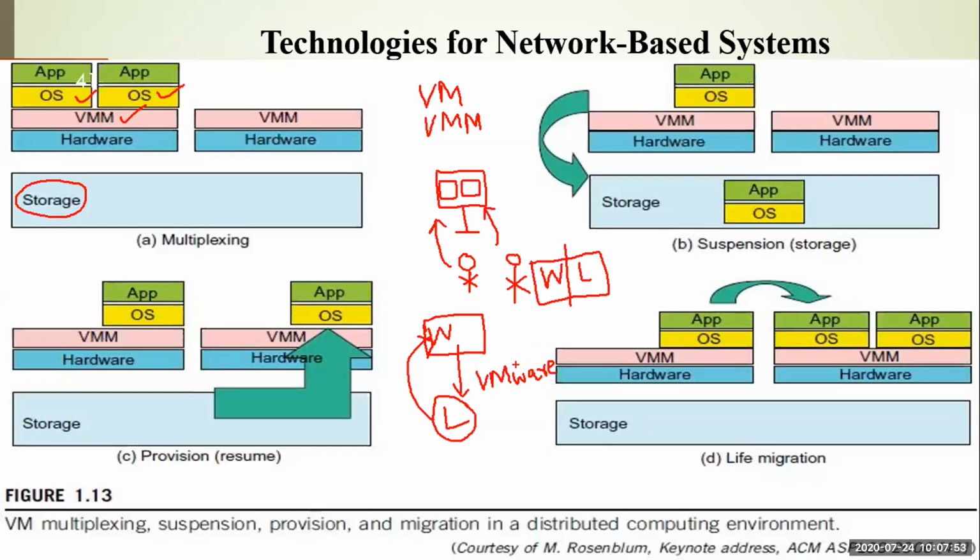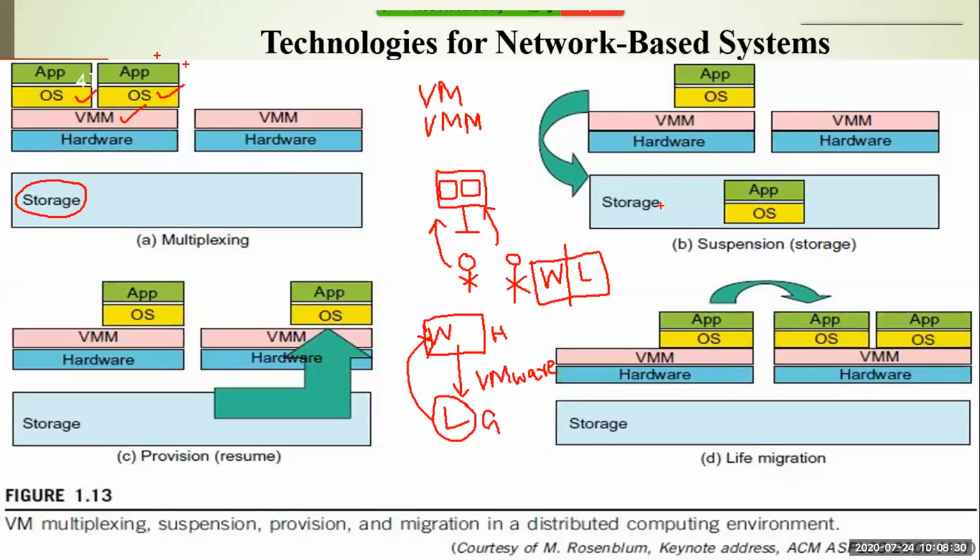But if you are using VMware or the virtual machine concept, on top of a particular operating system you are creating another operating system. The newly created one is generally called the guest operating system and this one is the host operating system. Whatever resources the guest operating system takes are a part of your host operating system. So multiple operating systems can be created by applying virtualization technology, or by creating virtual machines. That is the first diagram.